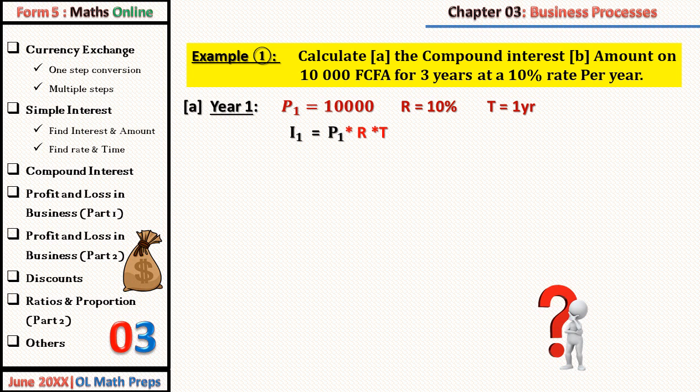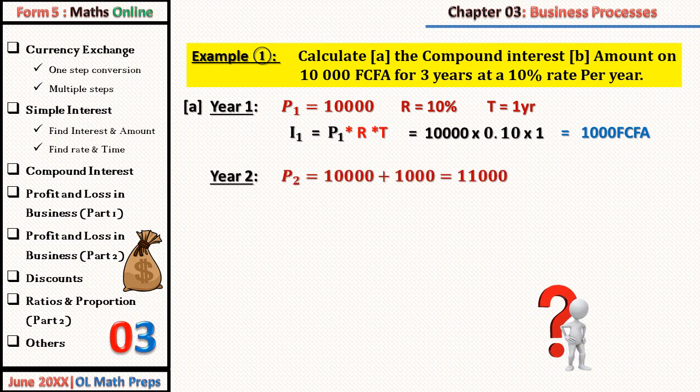Our interest for year 1, that's at the end of the year, is given by the principal of year 1 times the rate times the time. And this gives us 10,000 times 0.1 times 1, which is equal to 1,000 francs at the end of year 1. Now for year 2, the principal of year 2 is given by the principal of year 1 plus the interest of year 1. That gives us 10,000 plus 1,000, which equals 11,000. Therefore, our interest for year 2 is given by P2 times rate times time, which is 11,000 times 0.1 times 1, giving us